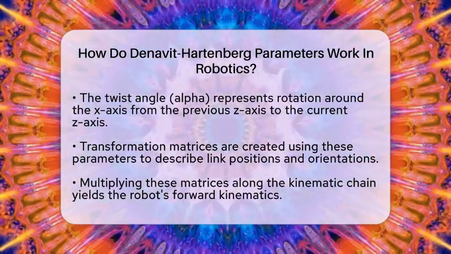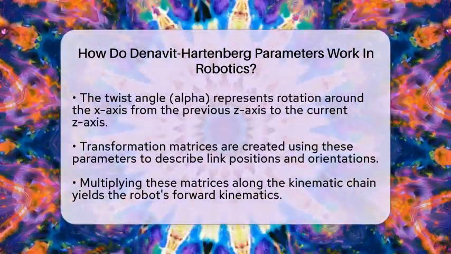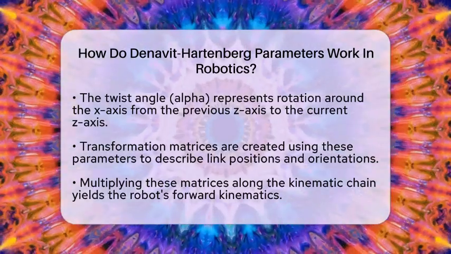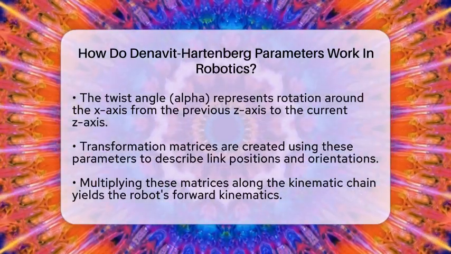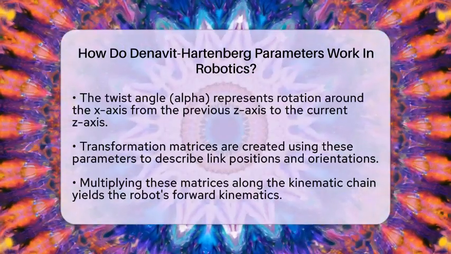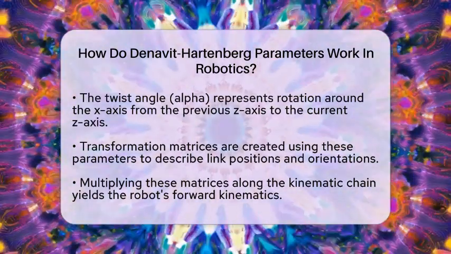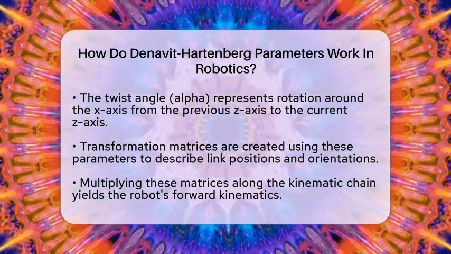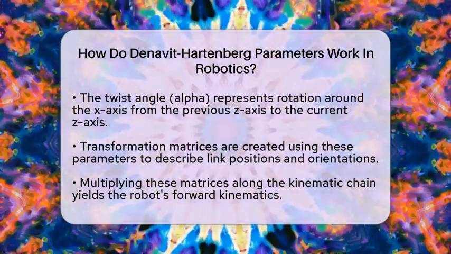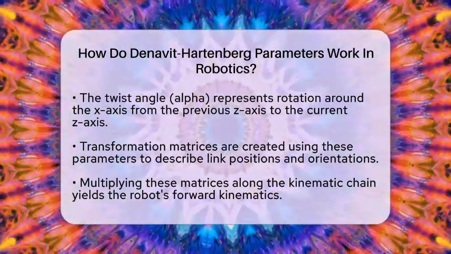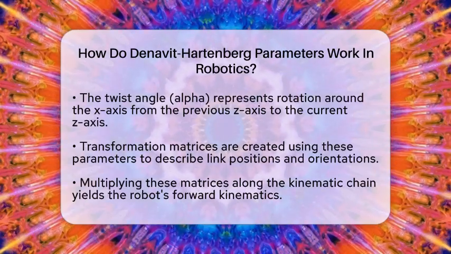To set this up, engineers assign coordinate frames to each joint by following specific rules. The z-axis aligns with the joint's axis of rotation or translation, while the x-axis is chosen along the common normal between adjacent joint axes. When all joint variables are set to 0, the axes align in a home configuration, ensuring